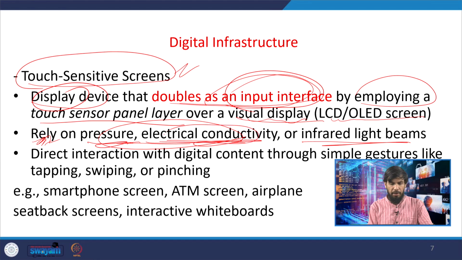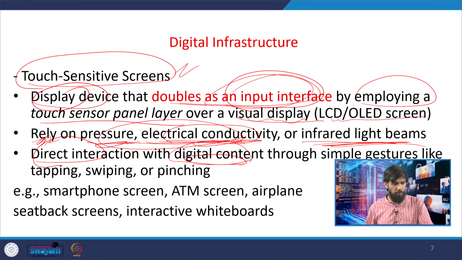If it is a smartphone or something, then it might simply be electrical conductivity based. Then there are infrared light beams also to cover certain scenarios. Direct interaction with the digital content is feasible through simple gestures like tapping, swiping or pinching, right,